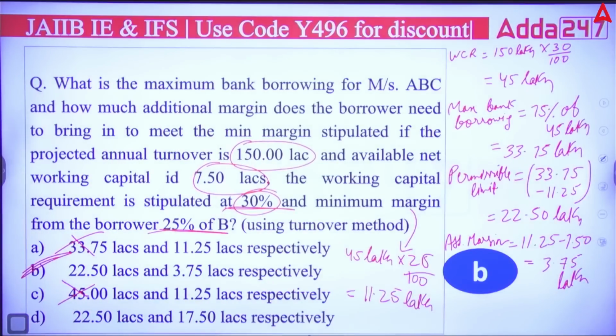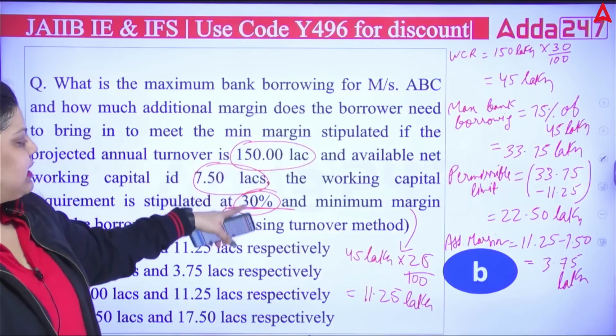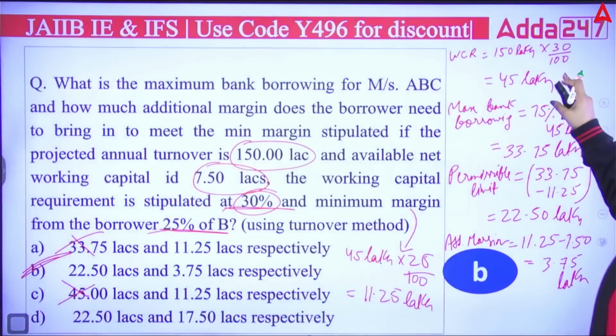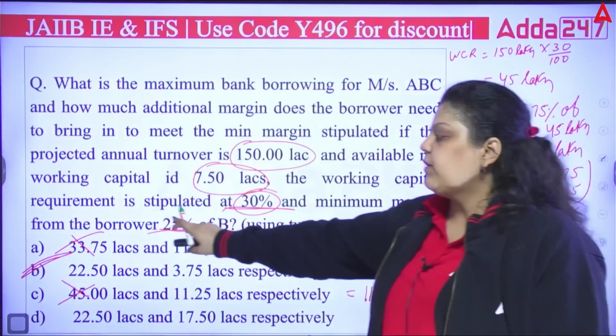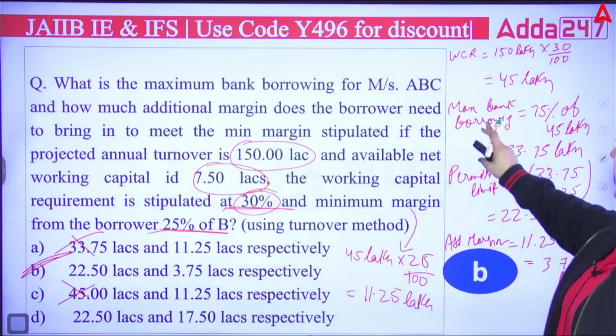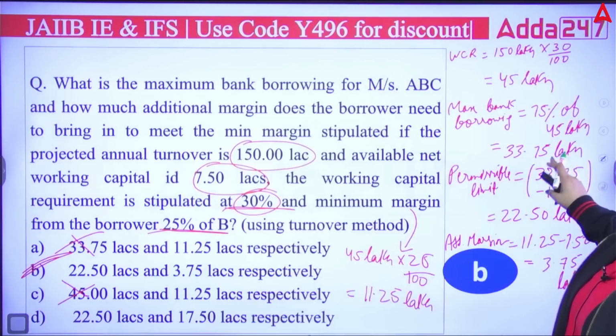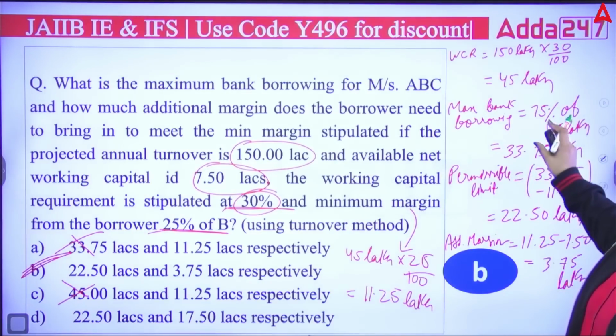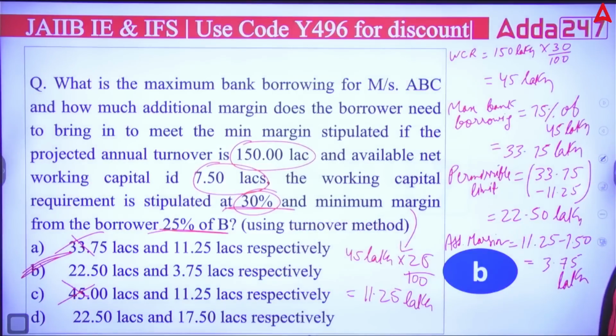Simply because no direct information has been given to calculate it, we have calculated this by calculating the other values. First, the question says that a 30% working capital requirement is there. So that's the 45 lakh you need. Of the 45 lakhs, minimum 25% will come from the borrower, that is 11.25, and maximum 75% will be given by the bank, that is 33.75 lakh. So the permissible limit that will be given here is the difference between the bank's finance and the borrower's, that is 22.50 lakh. That's the permissible limit. You can go and borrow from the bank, you can take that limit.